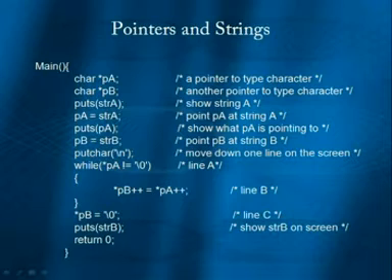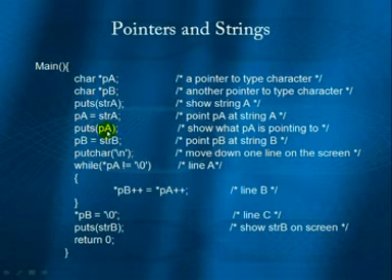Now let's move to the main method of the above example. PA and PB are pointers of char data type. The puts method gets the str as the parameter and displays the string assigned to str. Now PA will point to the string held by str. Next, puts method will display what PA is pointing to.